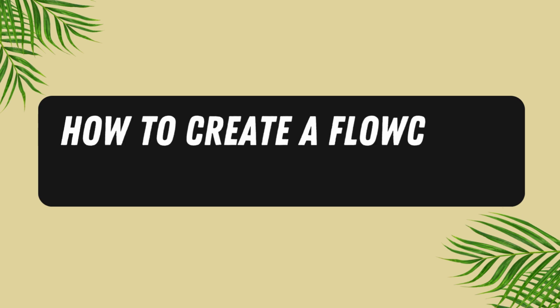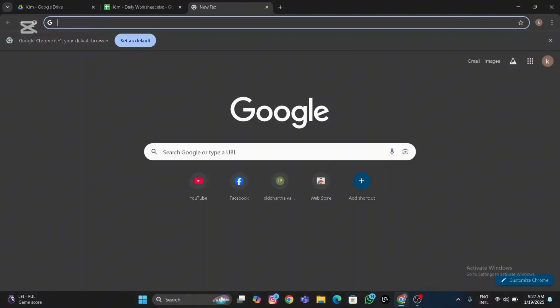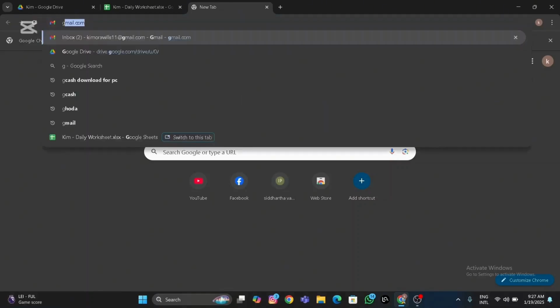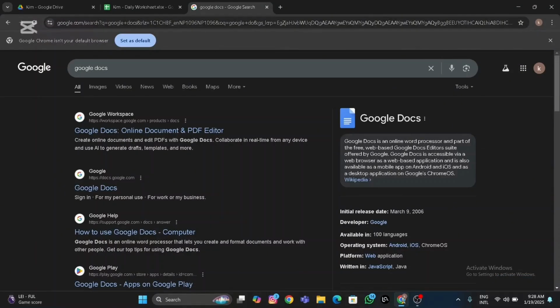How to create a flowchart in Google Docs. In today's video, I'm going to show you how to create a flowchart directly in Google Docs. Flowcharts are an amazing way to visually represent processes, decisions, or workflows, and Google Docs makes it super easy, so let's dive right in. First things first, open your web browser, search for Google Docs, and make sure you're logged